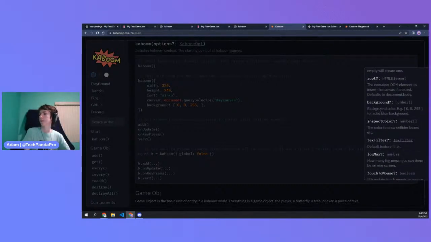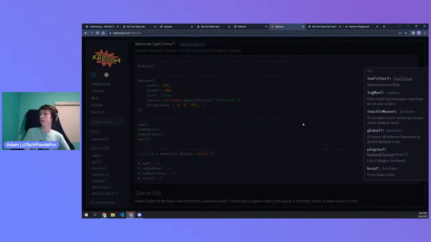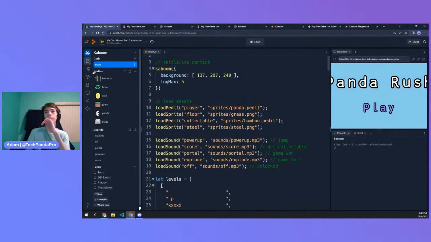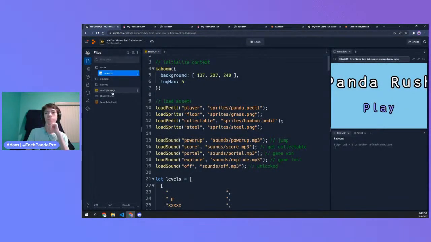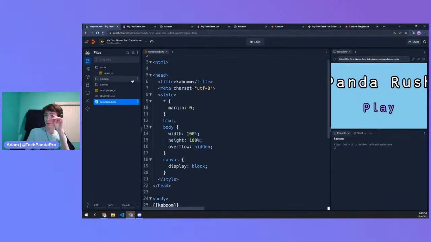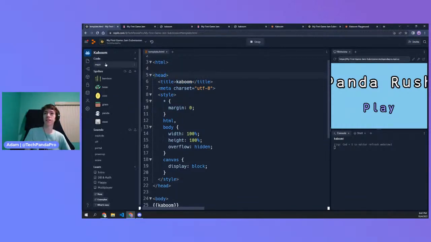Is there? I don't know if there is. I think if you go into the files, you might be able to, under template.html. You might be able to change this title. But just for simplicity,